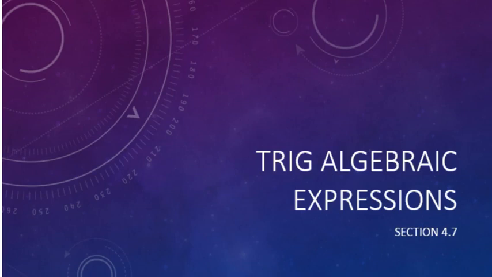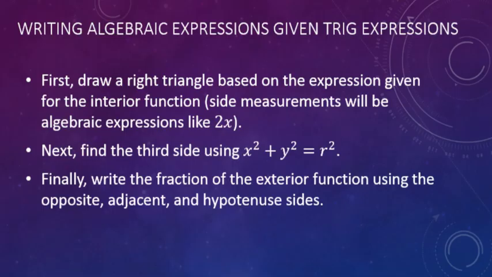This will be the last section in the 4.7 notes, and what's going to differentiate these from the other sections is you'll be given algebraic expressions for the sides of the triangle instead of set numbers like square root of 3 over 2. You're going to have something like 1 over x. The first thing you should do on these is draw a triangle based on the expression that you're given for